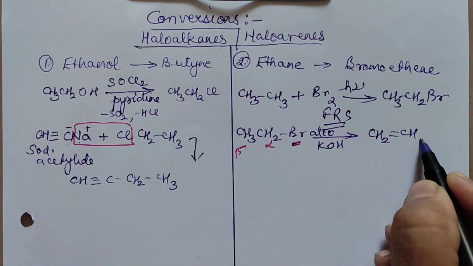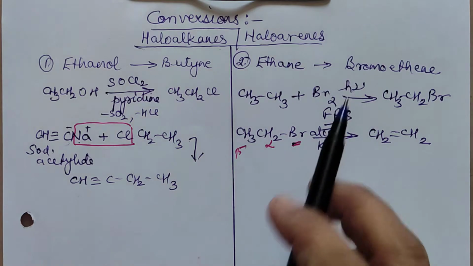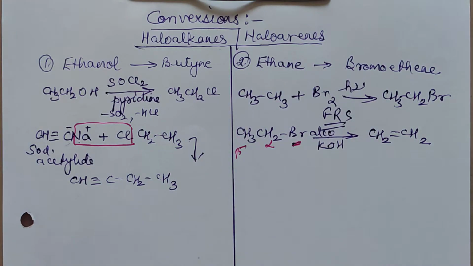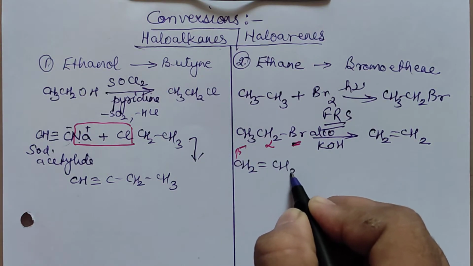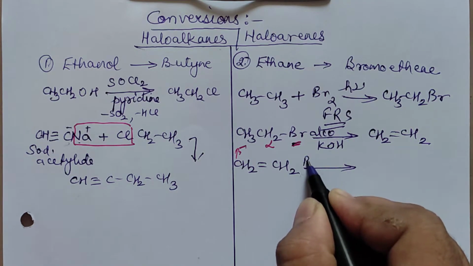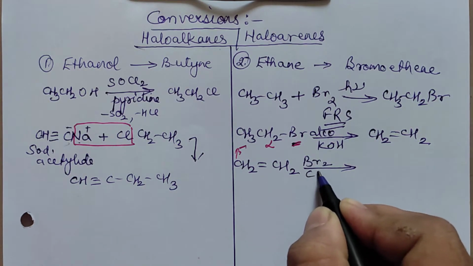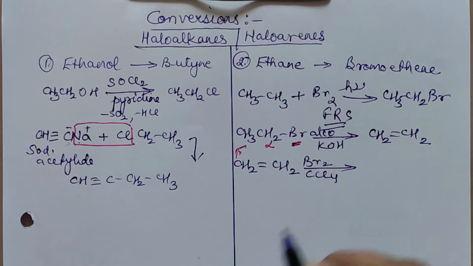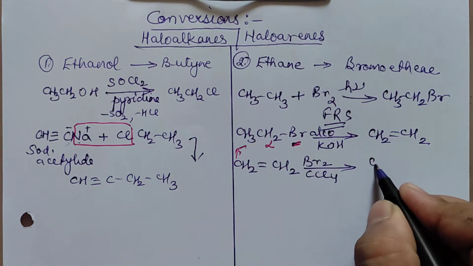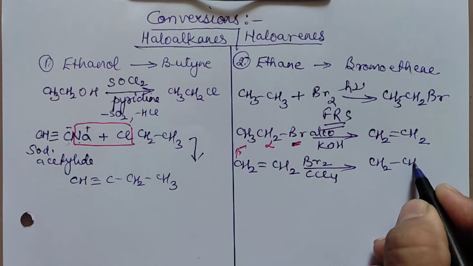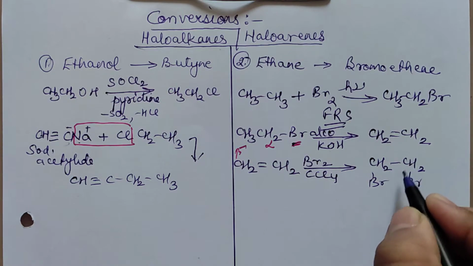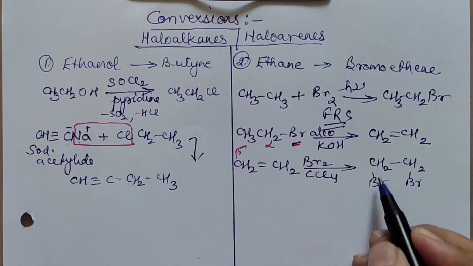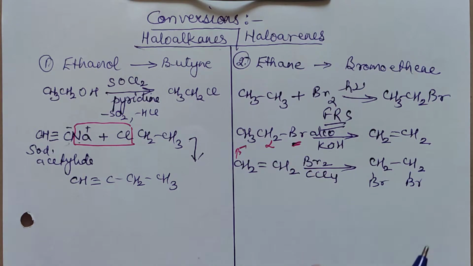Still our purpose is not solved. We want bromine also in it. Now what to do? Whatever is obtained now, this alkene, you will treat with bromine. Whenever alkenes are to be treated with bromine, it is in the presence of CCl4 to polarize it. So what you will get here? CH2, CH2, Br and Br. That means the Brs will add on to both the carbon atoms, one Br here, one Br here. We are now nearing it.